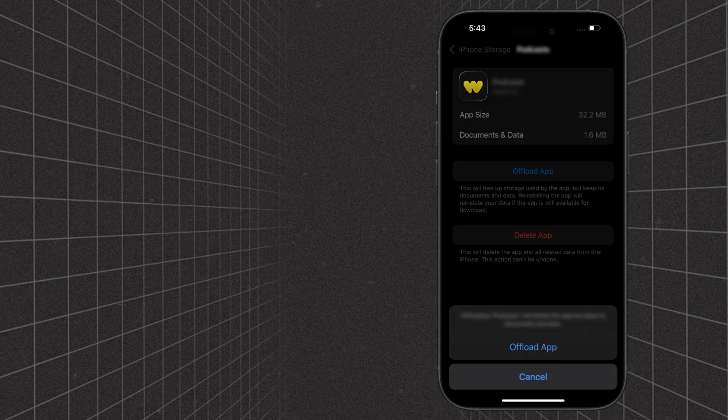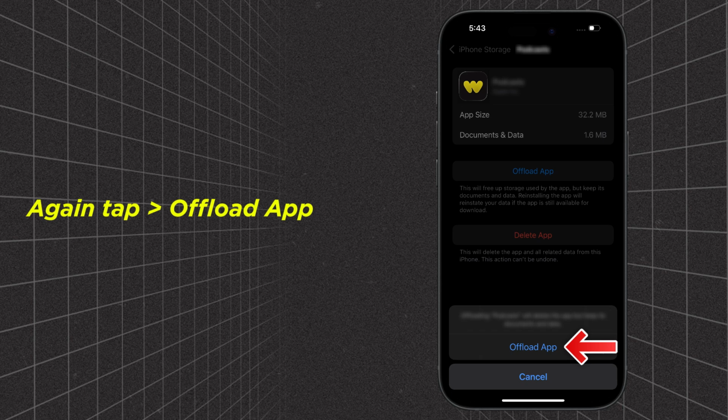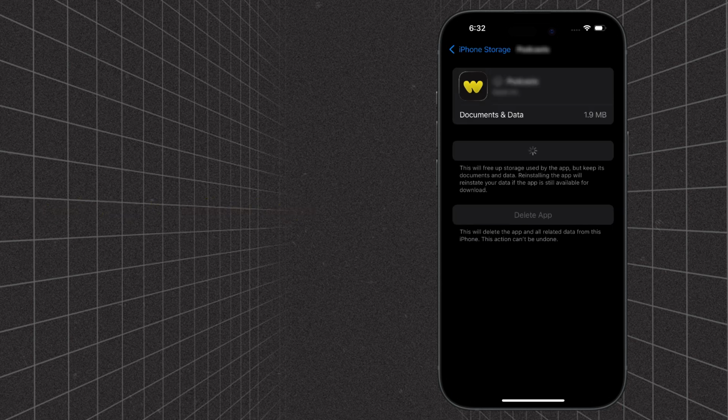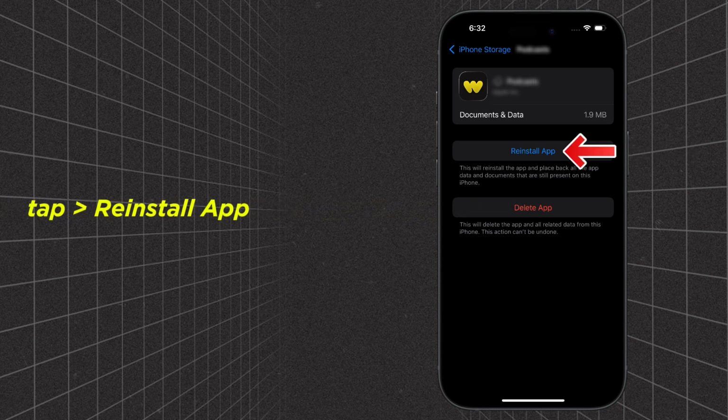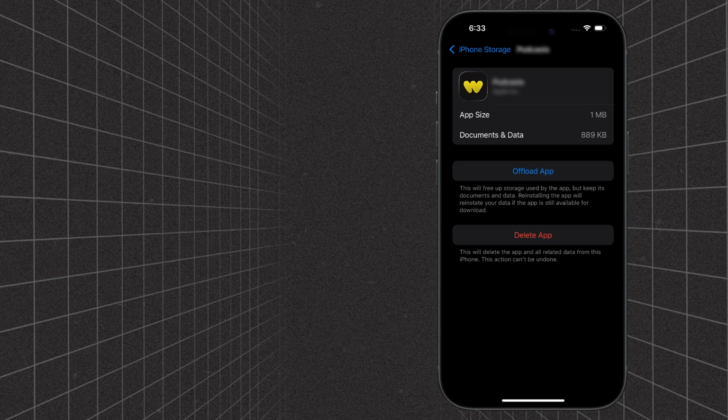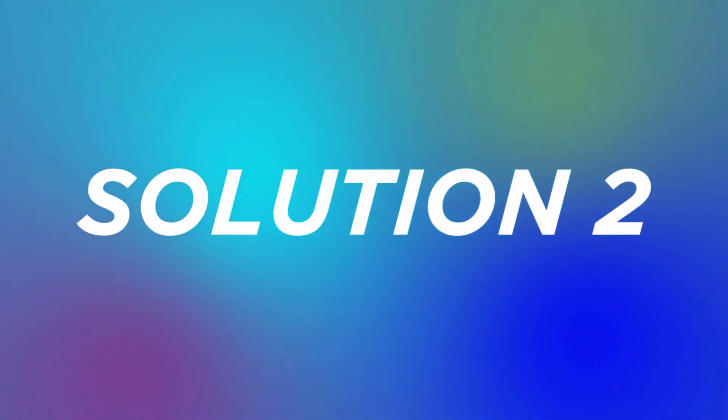A confirmation pop-up will come up. Now tap on the Offload app option here. It'll take a bit for processing, and then a reinstall button will show up. Simply tap on it to reinstall the app. This should resolve the issue, but if it doesn't, then you need to check if the app is running an